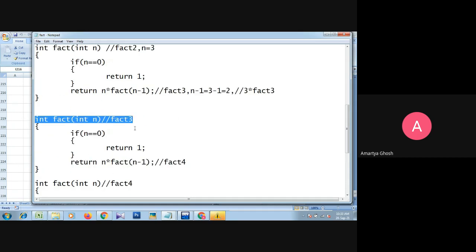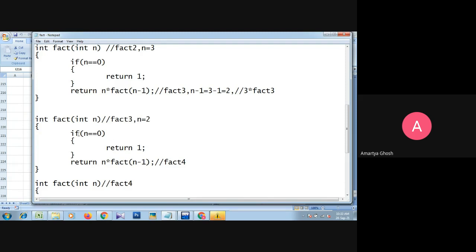In the fact3 function, what is the value coming from the fact2 function? This n minus 1, and n minus 1 means 2. So 2 is coming from that fact2 function, and in fact3 the value of n will be 2.